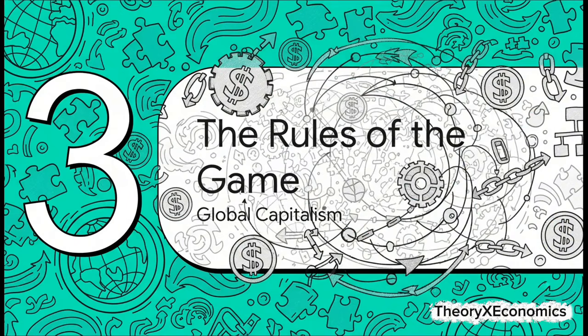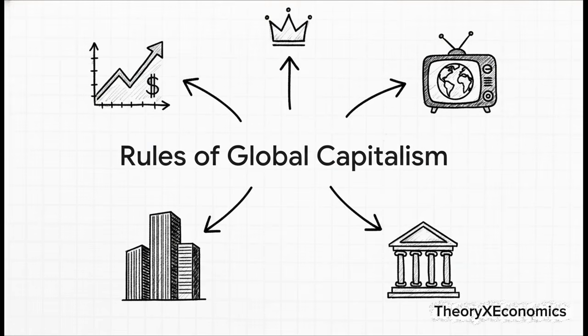So we've got the global hierarchy, and we've got this elite alliance holding it all together. The third and final piece of the puzzle is all about the rules of the game they all play by, which is, fundamentally, the system of global capitalism. According to the theory, this system is held up by structures that look neutral but really aren't. Think about huge international institutions like the World Bank or the IMF. They might offer loans, but those loans often come with strings attached, conditions that end up benefiting multinational corporations from the rich countries, not the local folks. The same goes for the dominant theories about trade, finance, even global media. They all push rules that just happen to favor the already powerful.